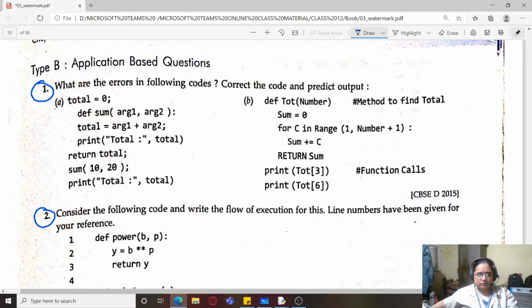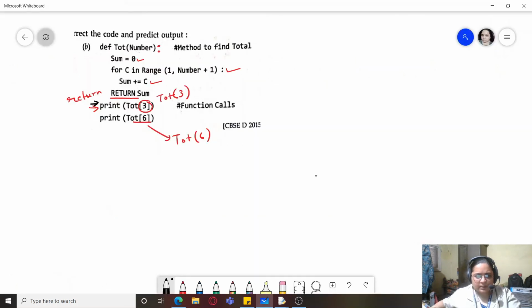Now in range, so I have to send some values. So print total 3, that is, I am going to first make a function call to this function by passing the value 3.